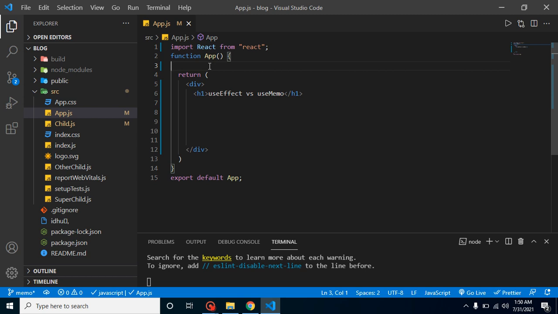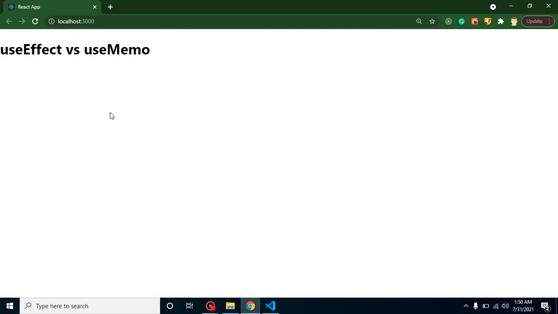So let's say on your page refresh, on your page load, you want to call any API, or maybe you want to write a big logic in your component, right? But you don't want to call it again and again. That time we can use useEffect. So let me show you an example.